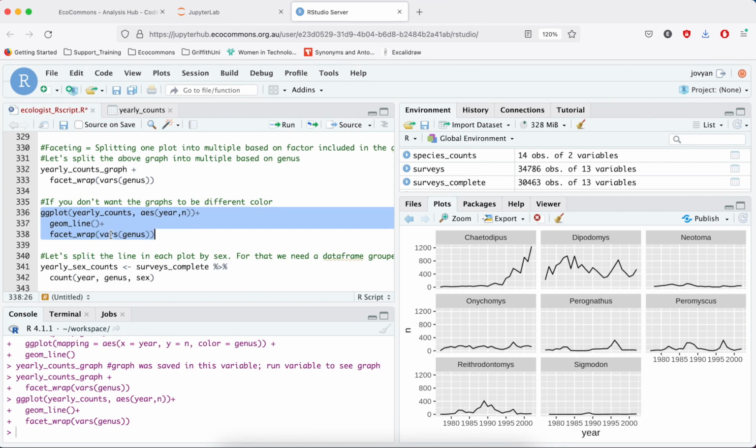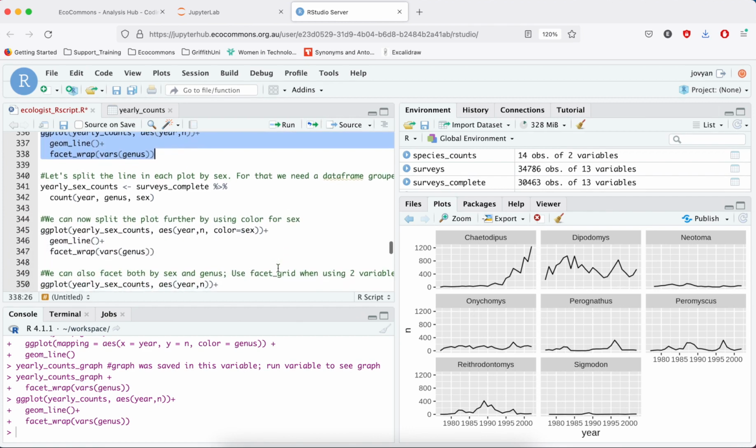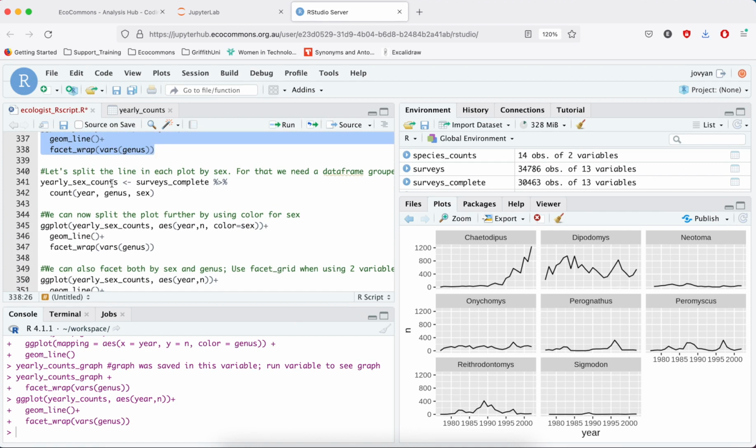Here we go, and now everything is black. But that's not all we can do. We can also split each graph depending on the sex. So we have male, female, and undetermined. And we can actually split each of these according to male and female. So here we have